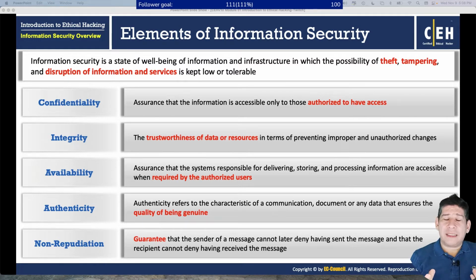But there are some elements that we need to have in mind, like the confidentiality of the information. That means that only the people with the proper authorization should have access to the information. Integrity means that the information should be perfect all the time and you can trust that information. Availability